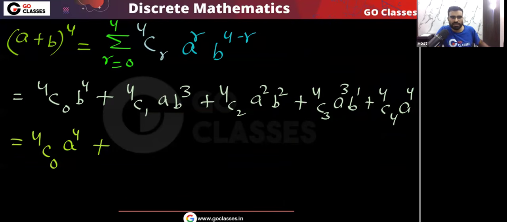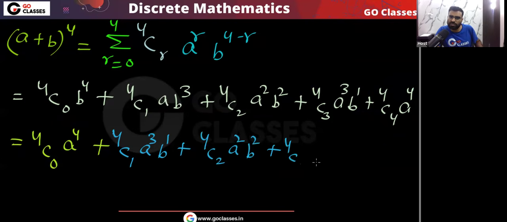So you can also write it like this: 4C0 a^4, then 4C1 a^3 b^1. So the power of a will decrease, the power of b will increase. Then 4C2 a^2 b^2, then 4C3 a^1 b^3, and finally 4C4 b^4.